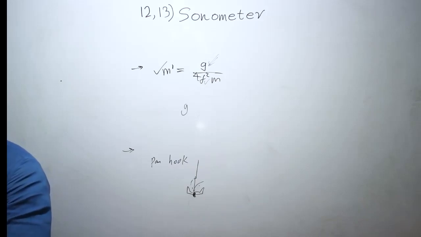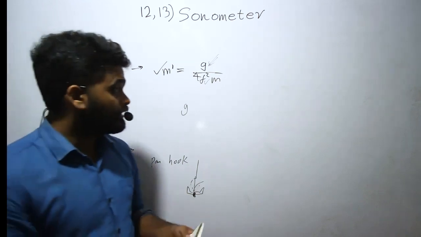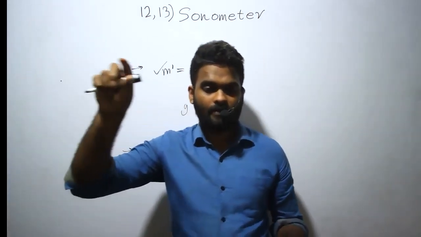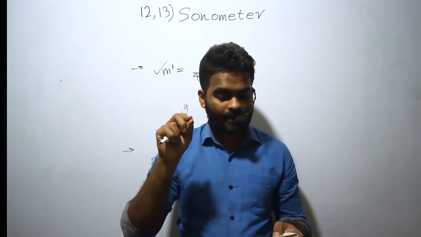Then write 13 in front of that, 13 practical. Write down. We can quickly do this, right? Write down verification of